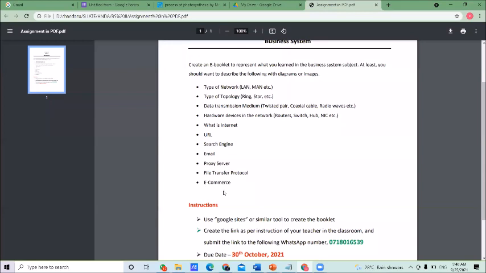Then e-commerce also, if we have time, we'll start from today. Then it will continue over the rest of the weeks. Here you have the closing date, 30th October. That means you have one month to complete it. The things you are learning during that period, you can also include in your assignment.